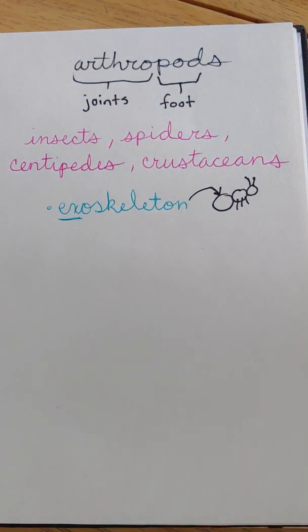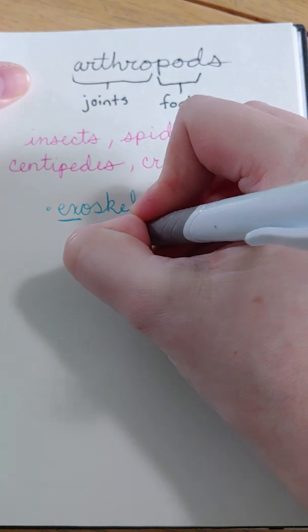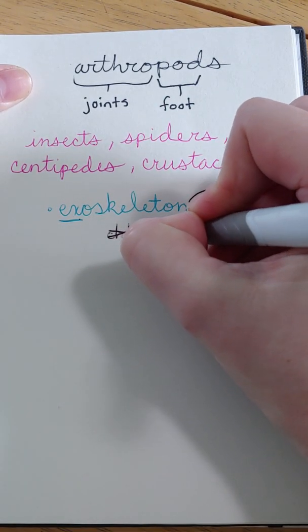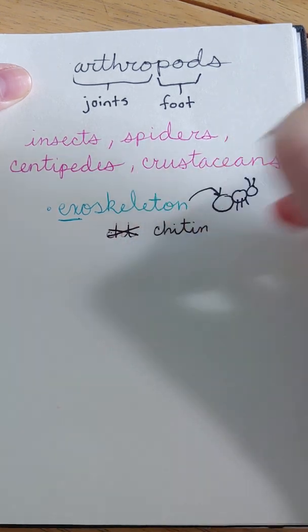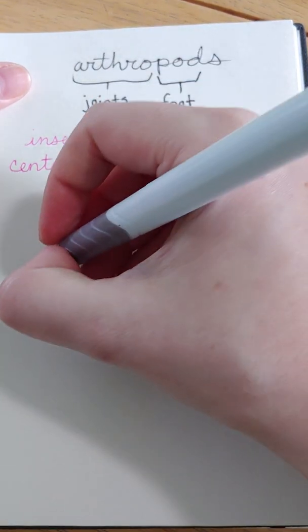And what their exoskeleton is made of is this stuff called chitin. Oh no, I spelled that wrong. Let's try again. Chitin. Chitin is not bendy at all. It is completely hard. It has no flexibility to it. So because their exoskeleton is made of chitin, that brings us to the second thing that all arthropods must have,